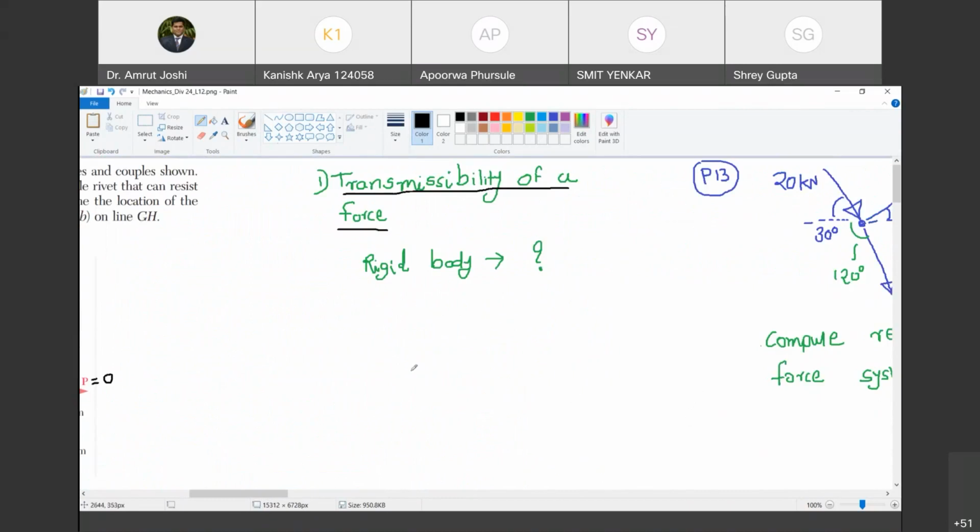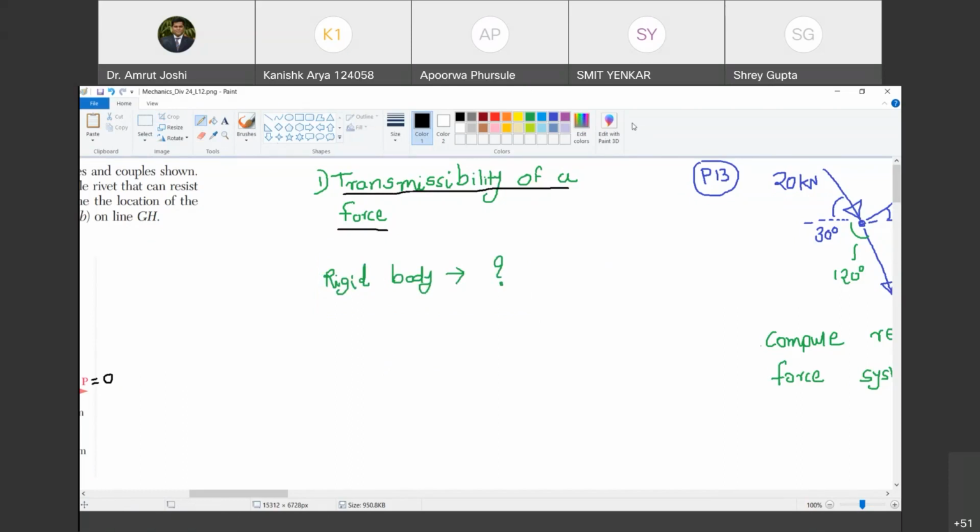Okay. Now we are going to start with a new term today, and that is rigid body. Before we proceed with the next problems, we will first define what we mean by a rigid body. Are you with me? Yes, sir. So what is your notion of a rigid body? When do you call a body rigid? Yes, go ahead. Sir, a rigid body is one that does not change shape or does not deform when some force or momentum is applied to it.